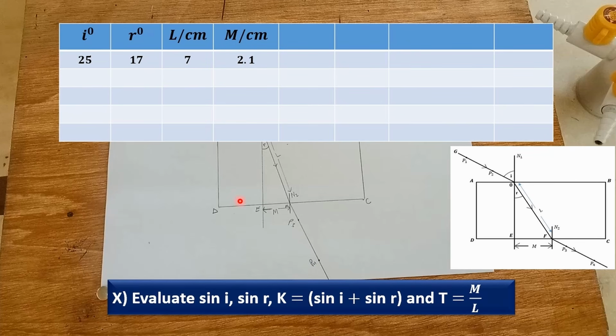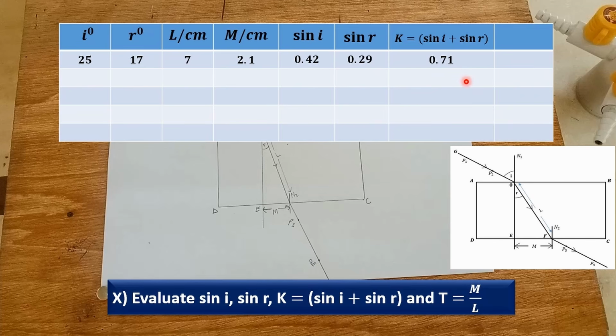So we evaluate sine I. So sine 25 degrees will give us 0.42, and we evaluate sine R, which is sine 17, which is 0.29, and here K is the addition of sine I and sine R. So we add 0.42 to 0.29, which is 0.71,